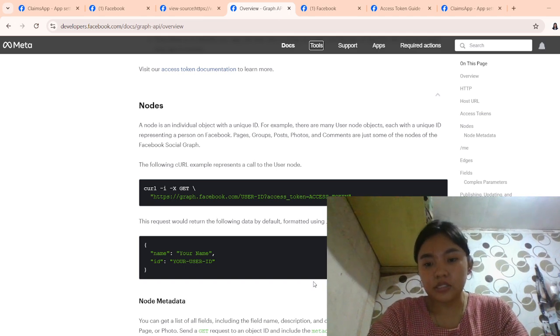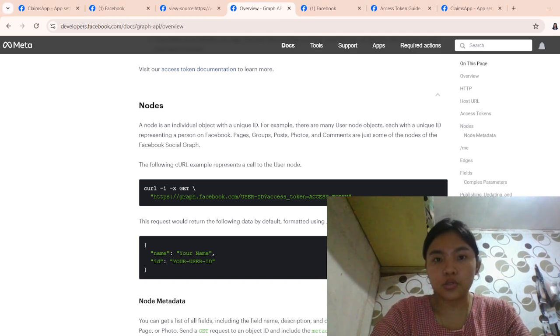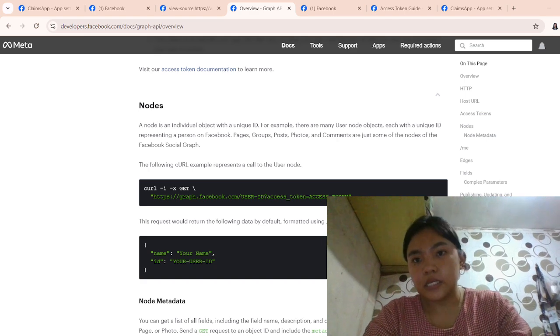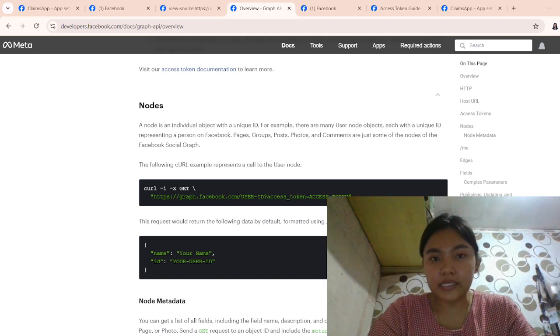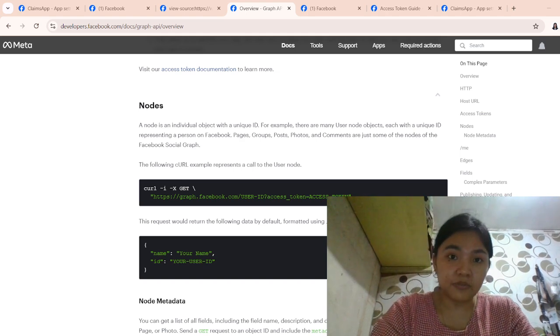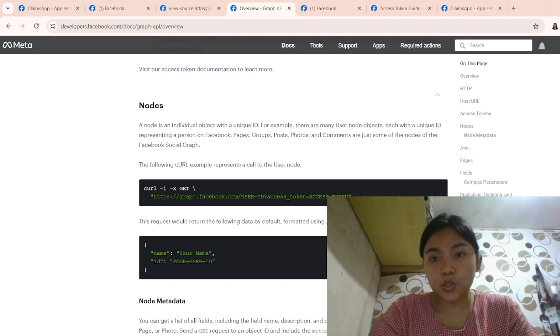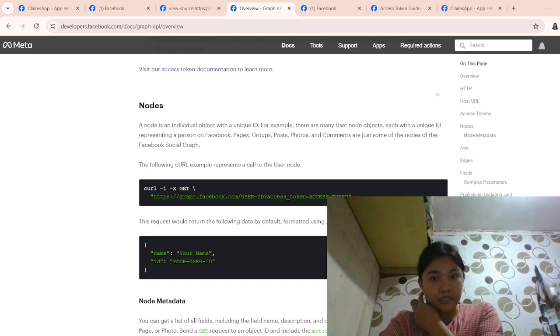Upon using the access here on my Postman, even though I already input the user ID of the Facebook of my sister, and then the access token, it still keeps showing an error, which I don't know how to fix at the moment.